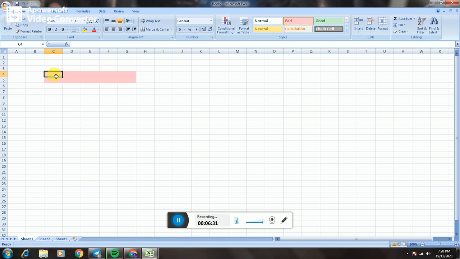Next one, how to select and deselect cells. You can use the mouse or keyboard to select cells. Cell selection using mouse. Follow the given steps to select a range of cells using the mouse. Step 1.